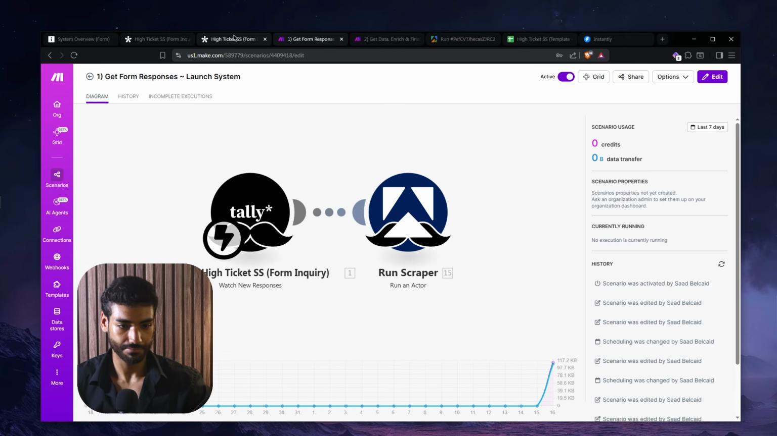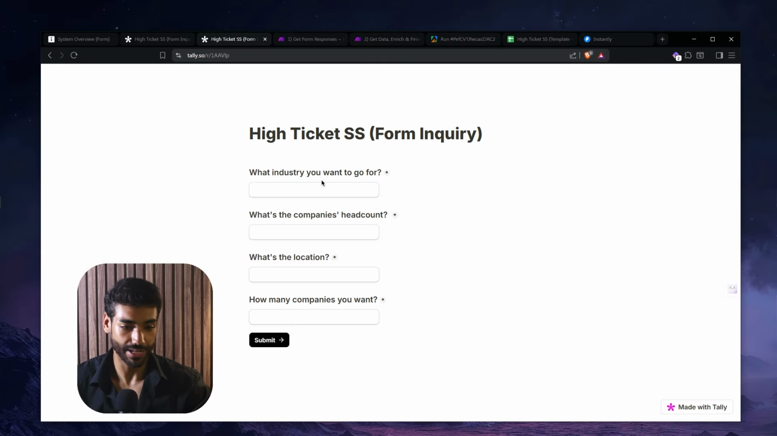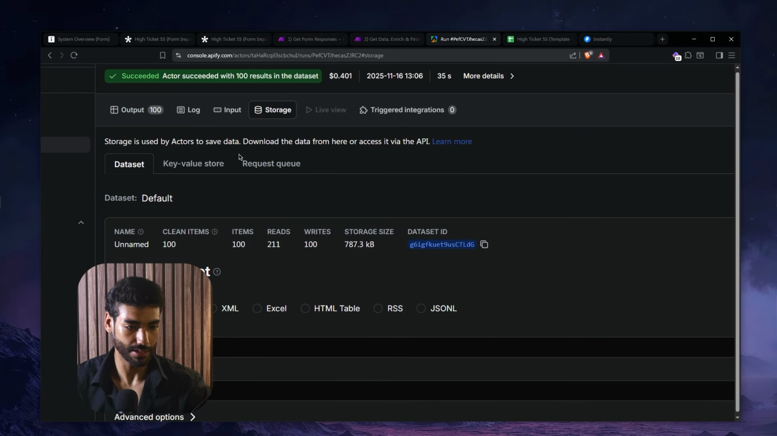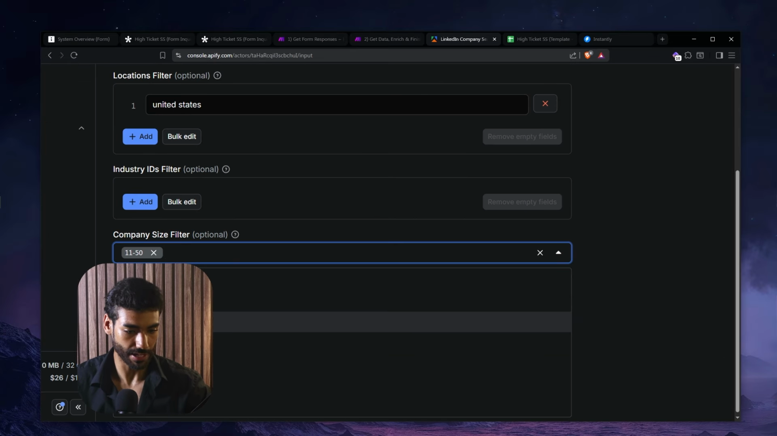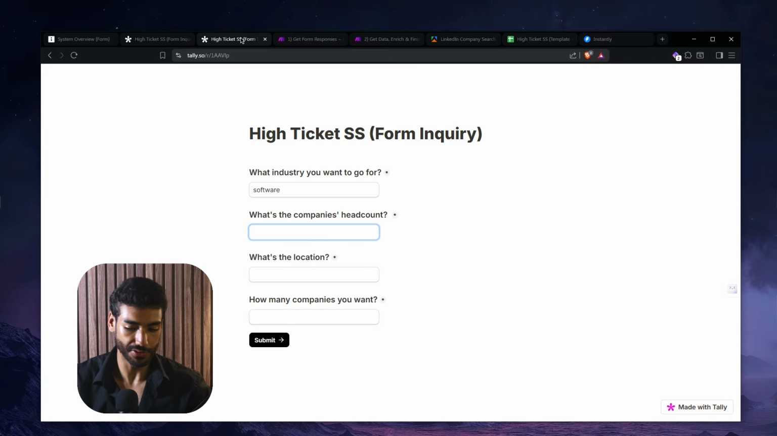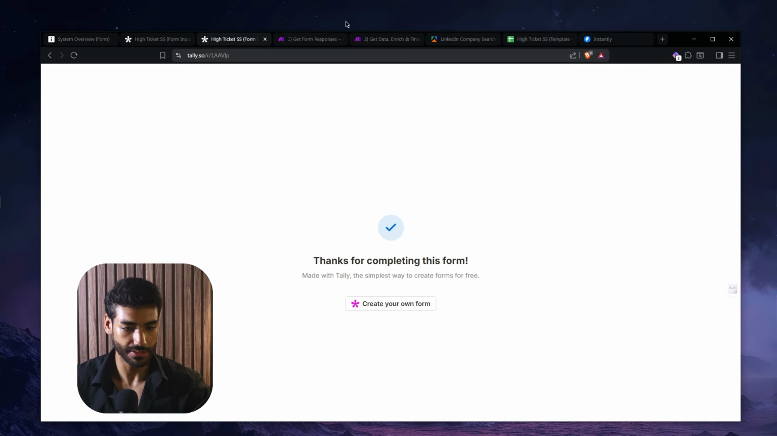And obviously, let's just put, for example, what industry we want to go for. I don't know, let's just put software. Headcount, let's just follow the exact same rule that we have. So we can get whatever we want, right? So for example, 51 to 200, right? So we can put 51 to 200. And location, let's just put United States. How many do we want? We're just going to put one, submit, boom,